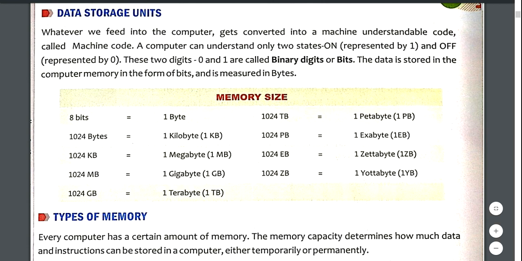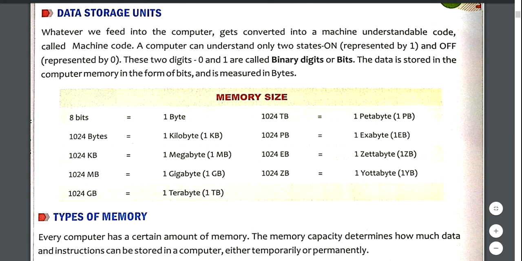So first it converts whatever data you have given to the computer into a number. Numbers like 0 and 1, not 2 and 3 and so many numbers. Whatever number system we are having, computer does not understand those numbers. Computer only understands 0 and 1. So whatever data it is storing in the computer is in the form of 0 and 1. Okay, so 1 represents the on state and 0 represents the off state.